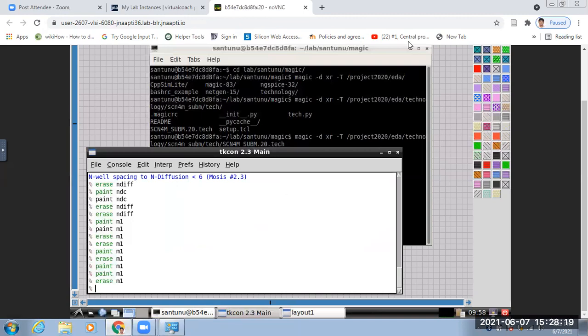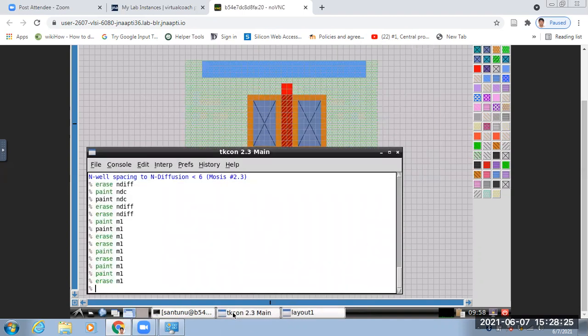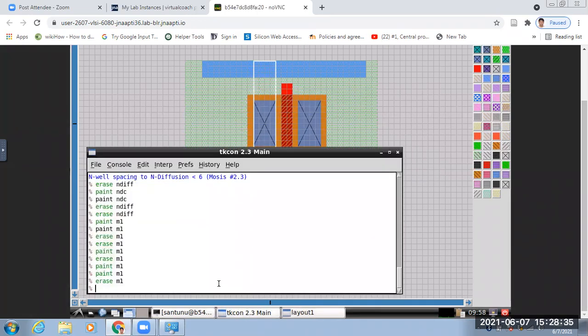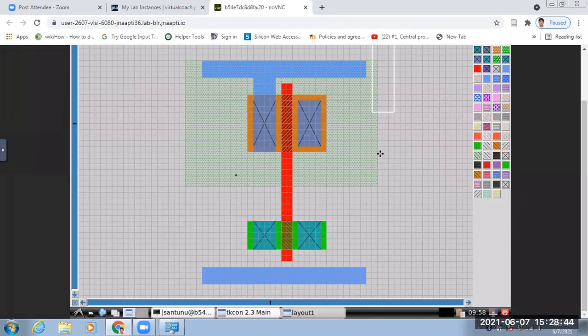Paint M1. Now this is metal one. So there is no DRC. Same thing you can do here.